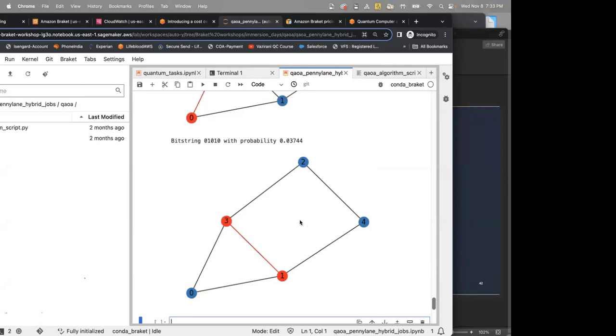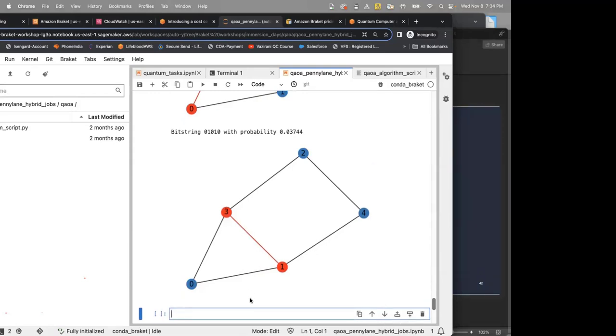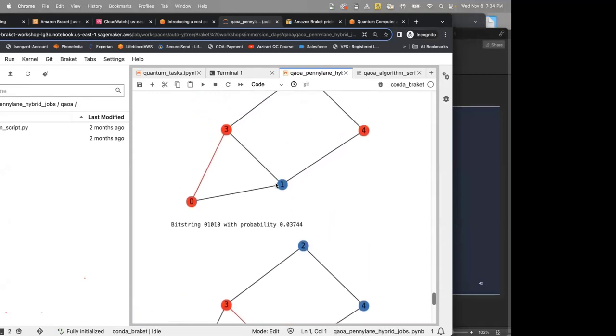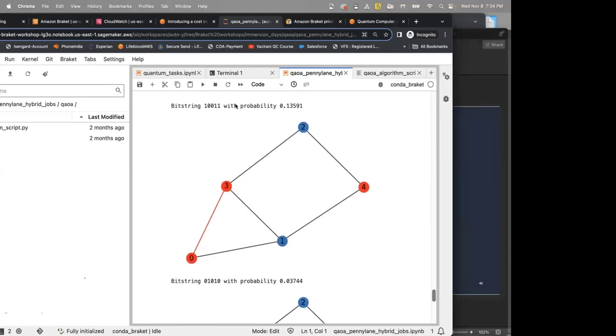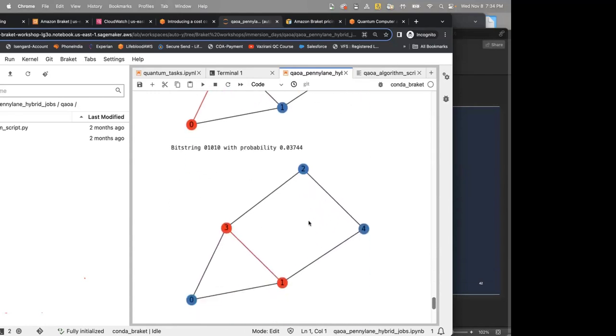And as you can see, this is not really the max cut solution, because if I cut it according to this, like 1, 2, 3, 4, only 4 cuts are there. Of course, 4 cuts is not maximum, because we know that there is a bigger cut solution with 5 cuts already available here. So that gives you an idea that the most probable solutions, the 4 that we see here, represent max cut. And the lower probability one is indeed not a max cut solution.